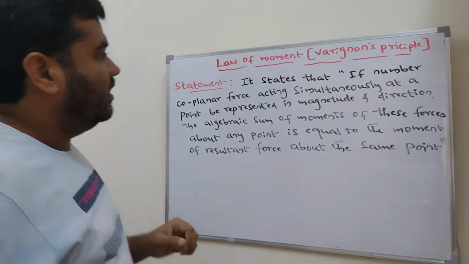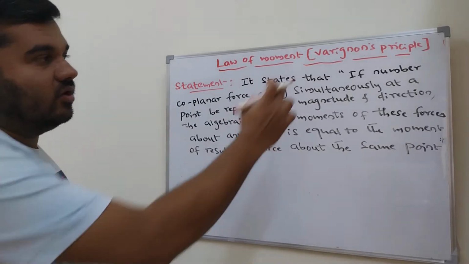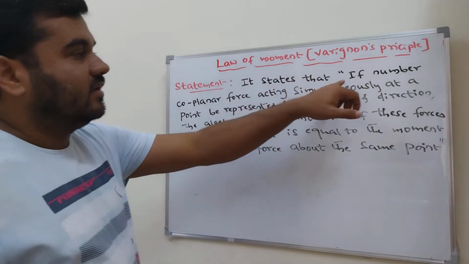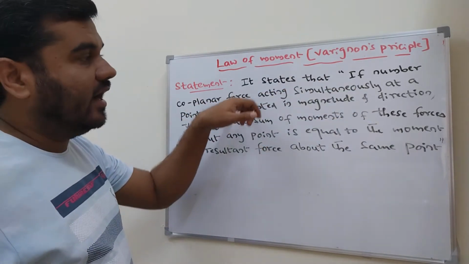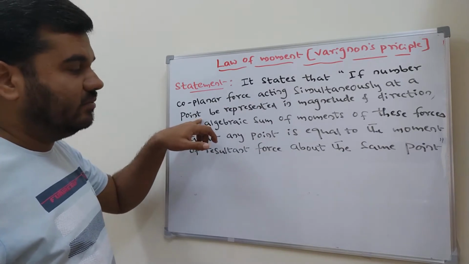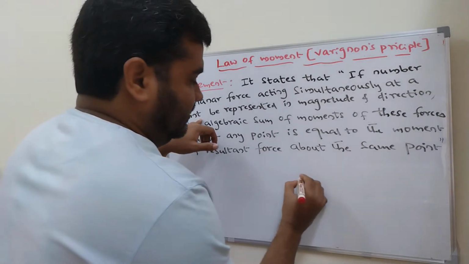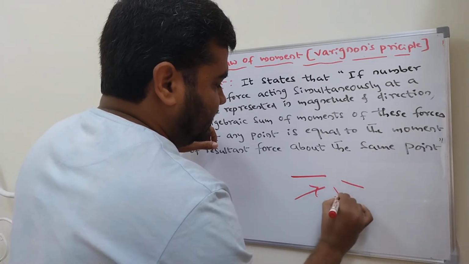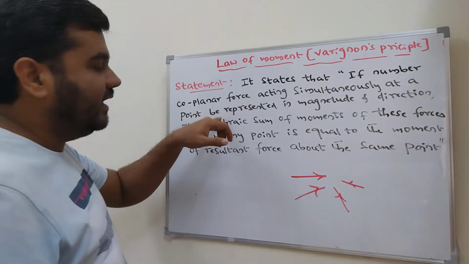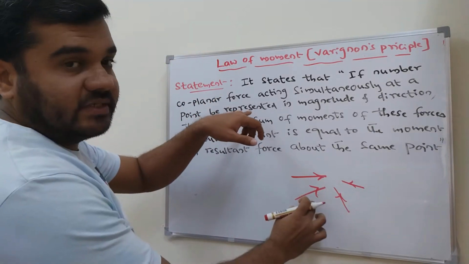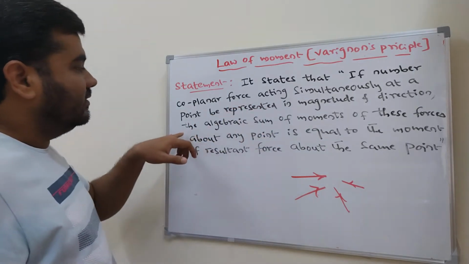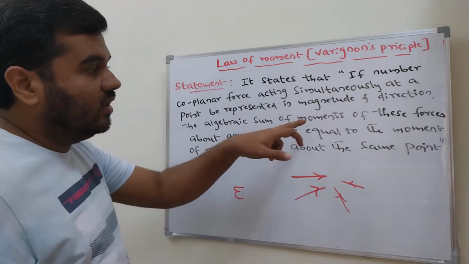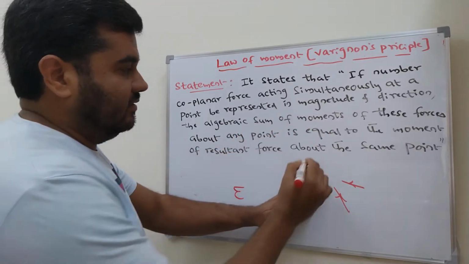Now, what is the law of moments? That is normally called Varignon's principle. First we'll see the statement. It states that if a number of coplanar forces are acting simultaneously at a point, represented in magnitude and direction, then the algebraic sum of moments of these forces, about any point,